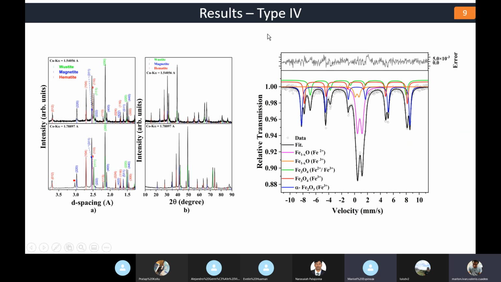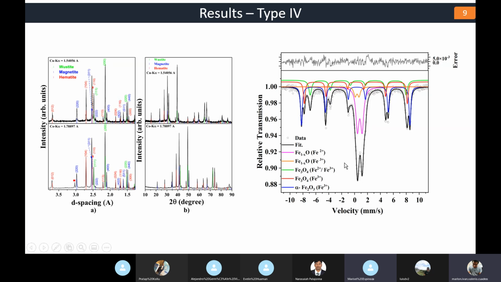In the case of sample 4, in this case we show you the X-ray pattern using the spacing and 2 theta degree. In all of the cases, in this sample, we identify gustite, magnetite, and hematite as the principal phases. Well, this sample was measured using cobalt and copper alpha radiation sources. In the case of the Mössbauer spectroscopy, for this sample, we identified